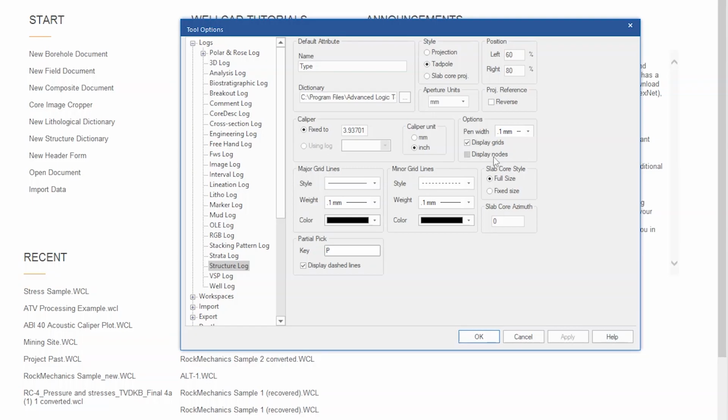In the past, when there are many nodes, WellCAD was choked by the number of nodes. But now we have this display option deactivated. The nodes will not be displayed, saving a lot of memory, speeding up WellCAD.